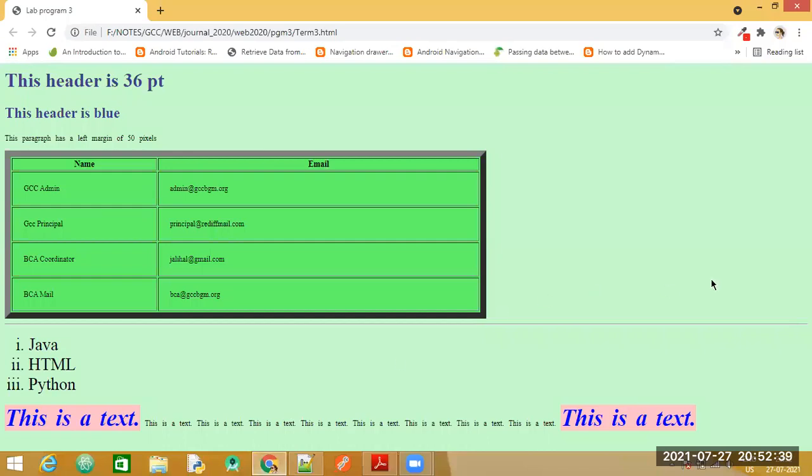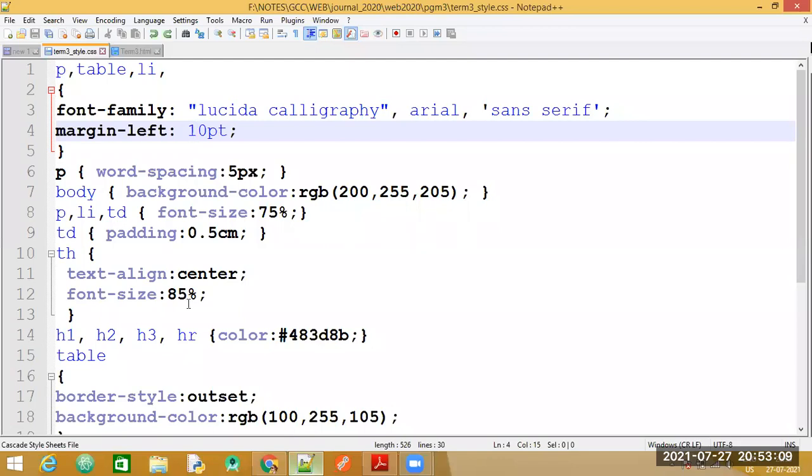This is how the output is going to be displayed. You can see here, table is there. Then we have table borders as well. Then we have the list that we need to create. Then we have made use of the span tag. Then we have a table also. The table is basically having rows and columns, just two columns. So this is how we are going to design our lab program third. Let's have a look into the code now.